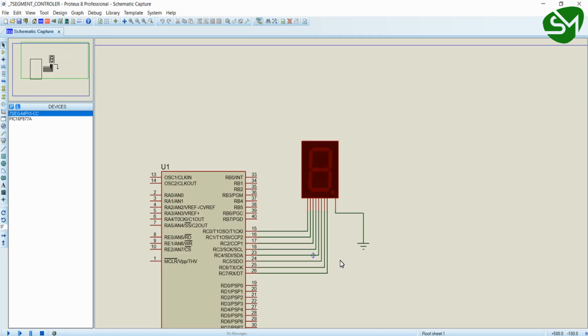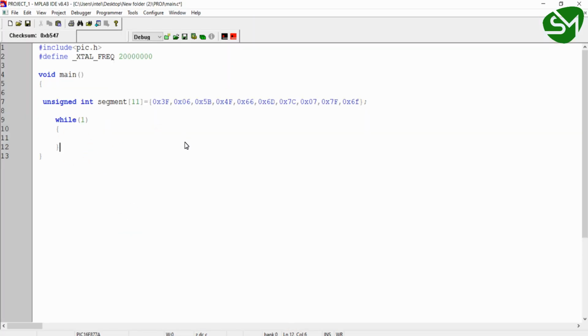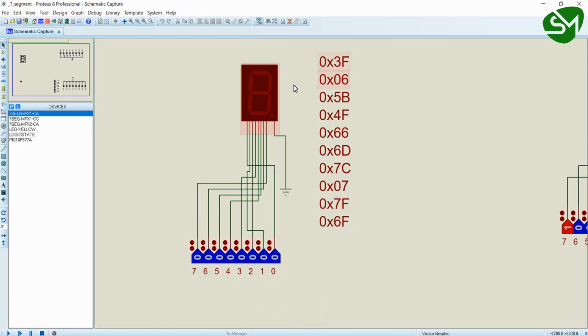Now we will go for the programming part in MPLAB IDE. In the program, you can see I have declared an array called segment which is having 10 hexa values stored in it. These 10 hexa values are nothing but the hexa values for numbers 0 to 9 for common cathode display that we derived in the last 7 segment working lecture. I hope you remember this.